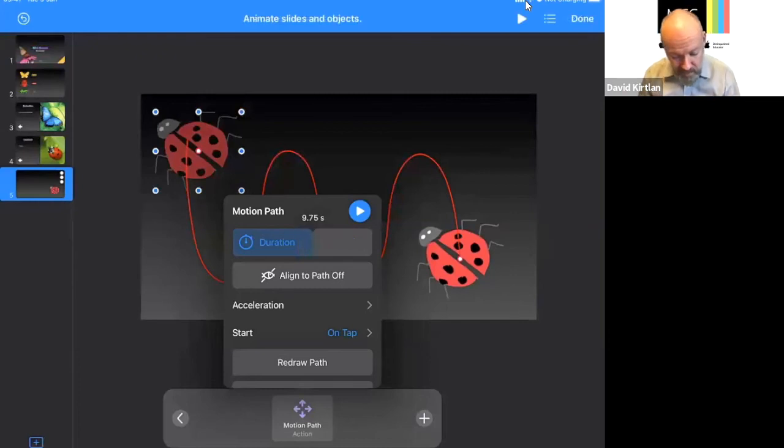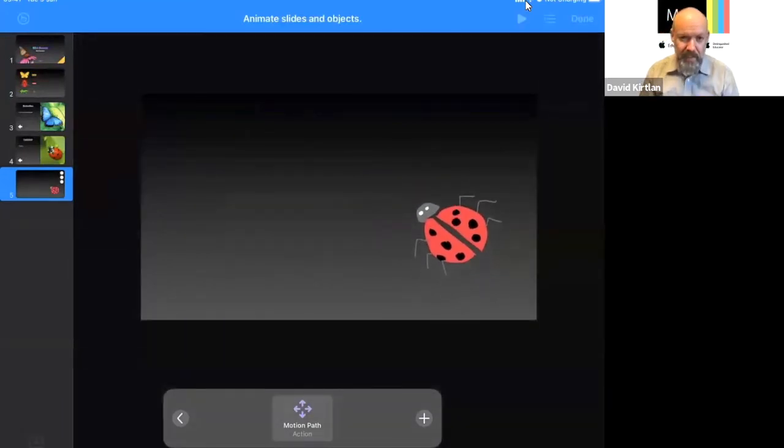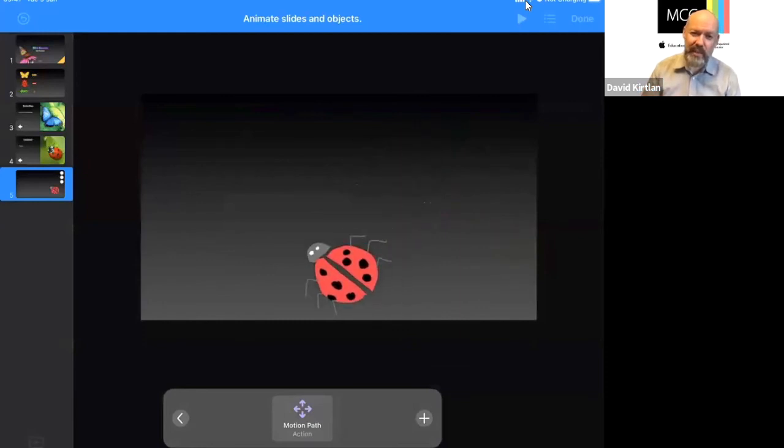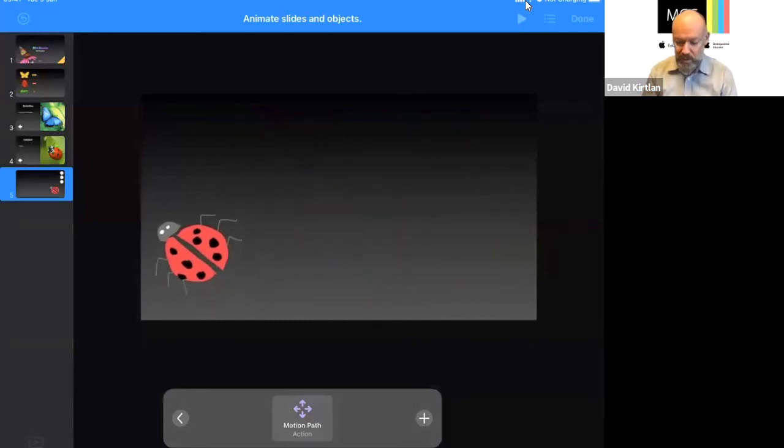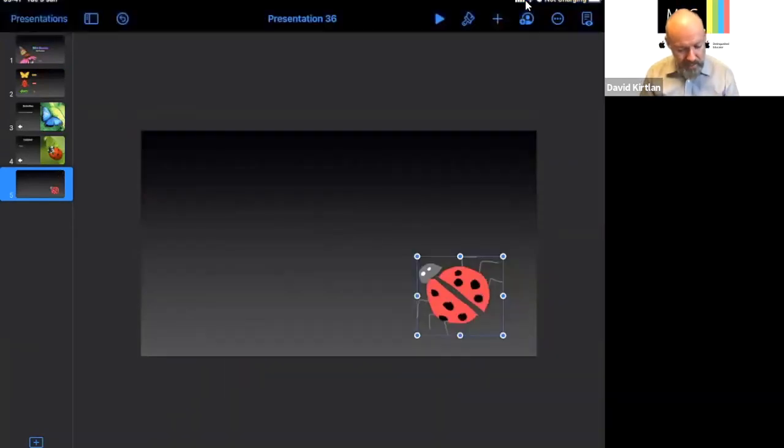I'm going to make this a little bit longer so it does move slower. So I think over 7 seconds is probably okay. Let's have a quick look. And we have that little acceleration to give it a nice smooth movement to it as we go in. So we're getting through now. Let's press done, and we're getting through these Apple Teacher